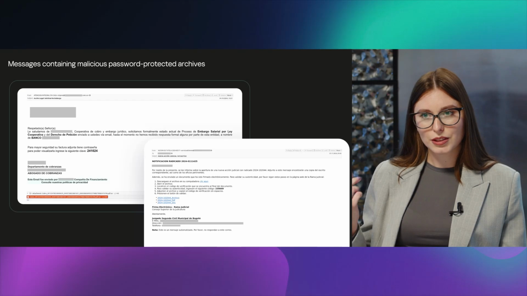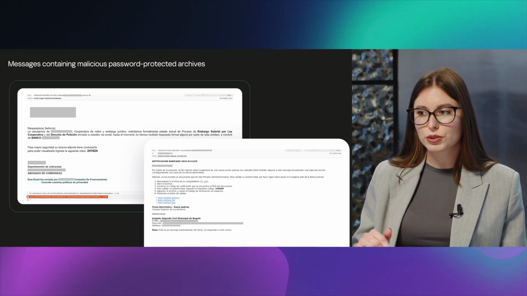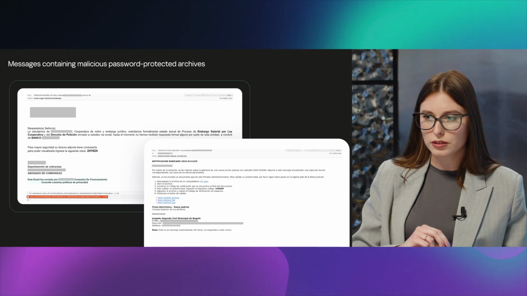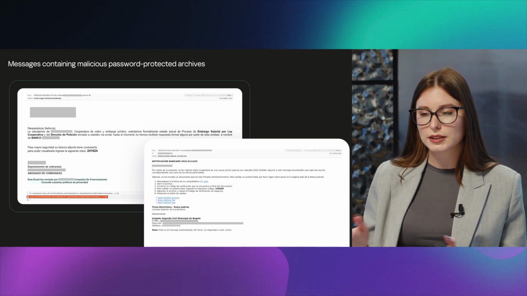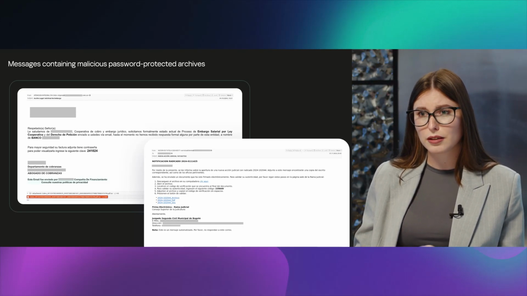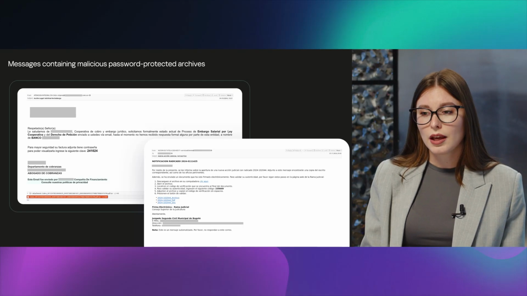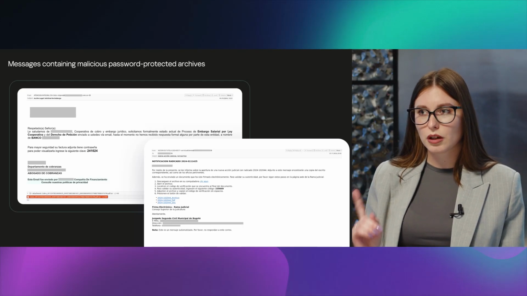Fraudsters often disguised malicious archives or links as files with other extensions such as PDF, doc, Excel. And we also encountered one really complex attack during the past year.